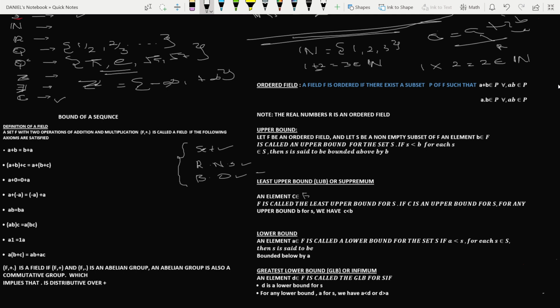Before you can say this place is a football field, it simply means that you must have 11 players and a goalkeeper, and you must have a coach and every other thing that must be satisfied before you can say, okay, this is a football field. Likewise, the field in real analysis. So, as this axiom, this one, and this one,